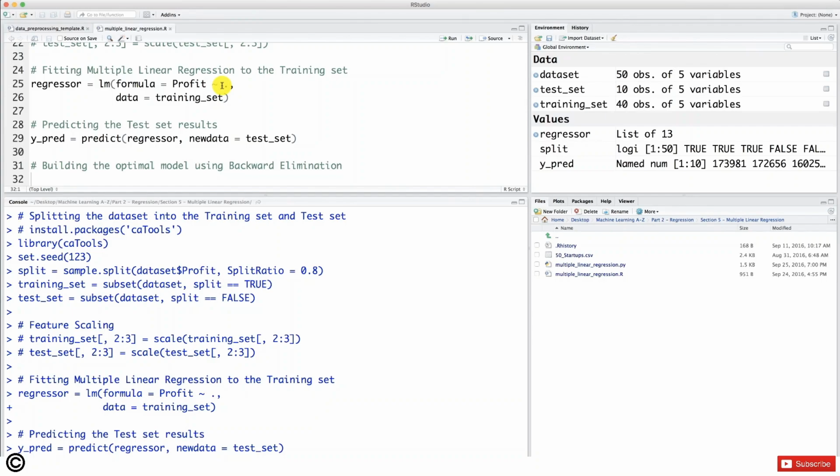That is, each independent variable of the team is a powerful predictor that is highly statistically significant and definitely has an effect on the dependent variable profit. And this effect can be positive, that is, for an increase of 1 unit of the independent variable, the profit will increase, or it can be negative, that is, for an increase of 1 unit of the independent variable, the profit will decrease. And so we're going to divide this final step of building this optimal model using backward elimination